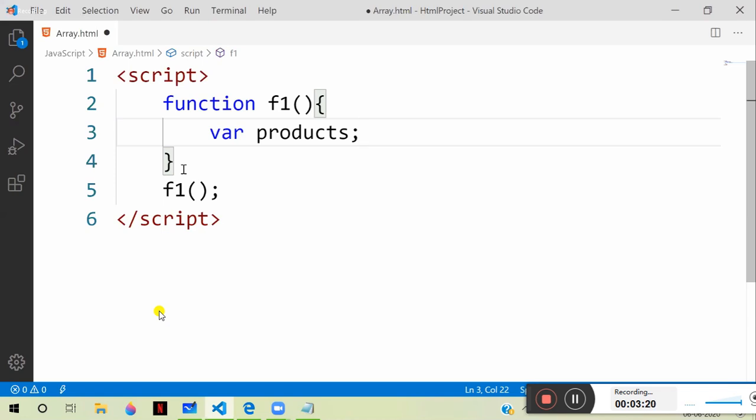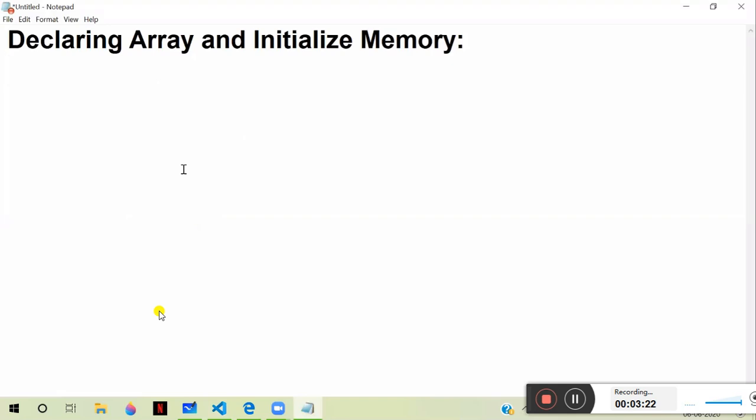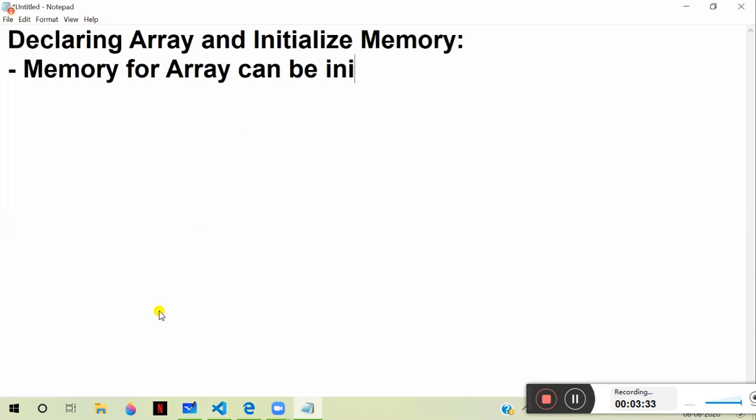How to initialize memory for an array? Memory for an array can be initialized by using